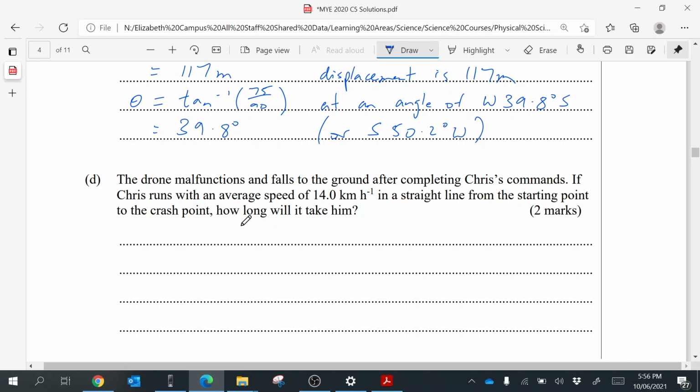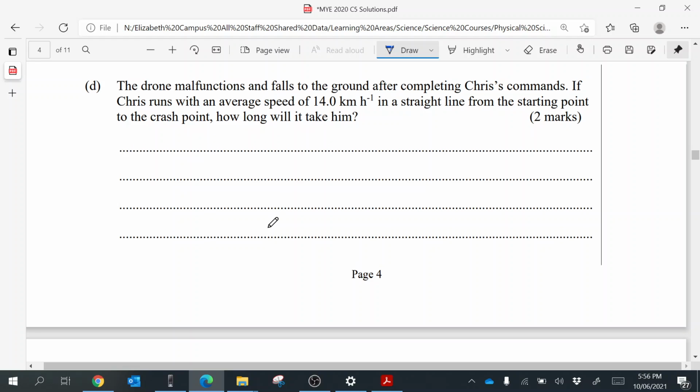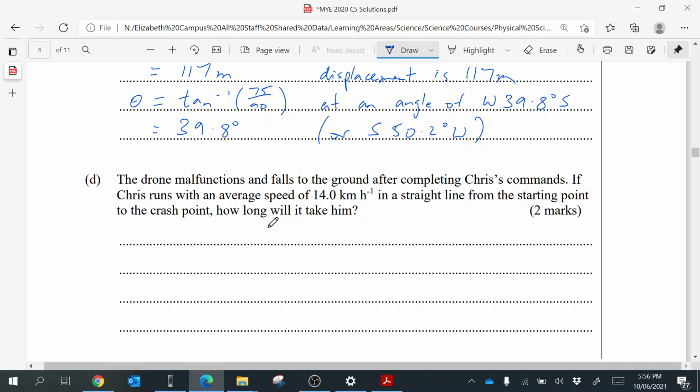The drone malfunctions and falls to the ground after completing Chris's commands. If Chris runs with an average speed of 14 kilometers per hour in a straight line from the starting point to the crash, how long will it take him? Okay, so